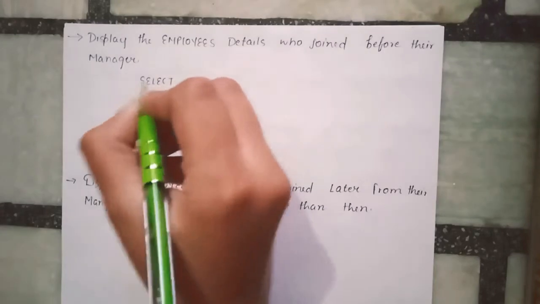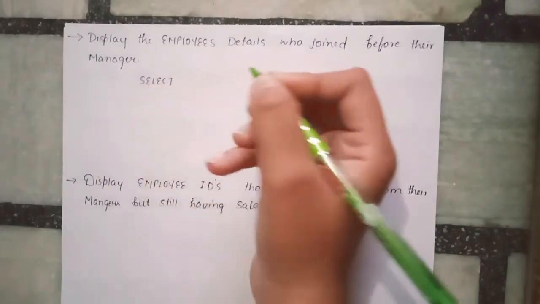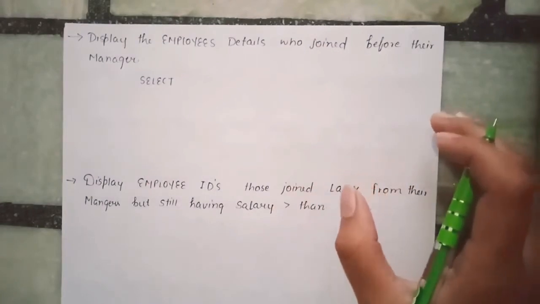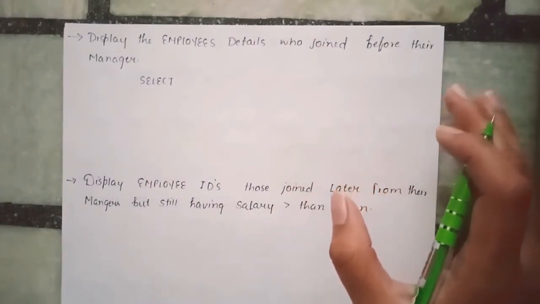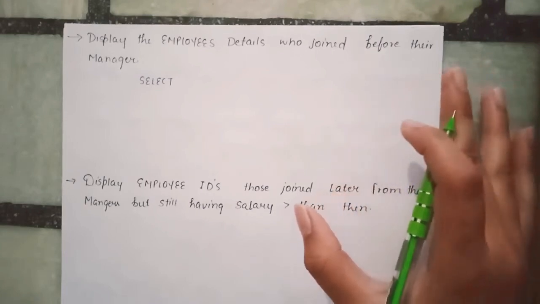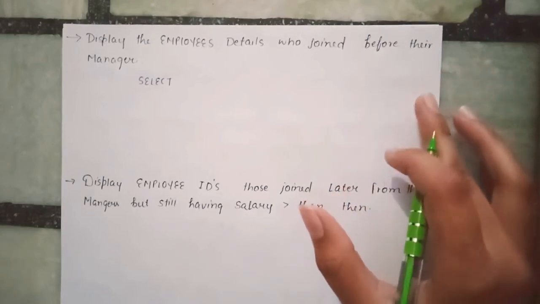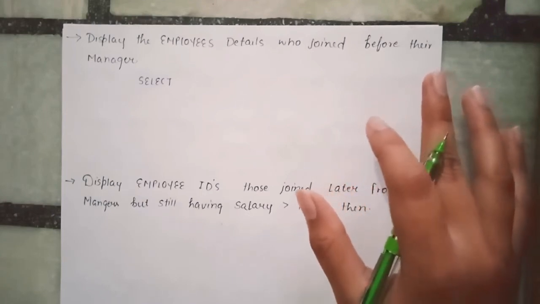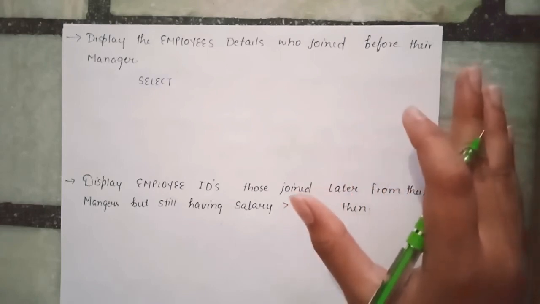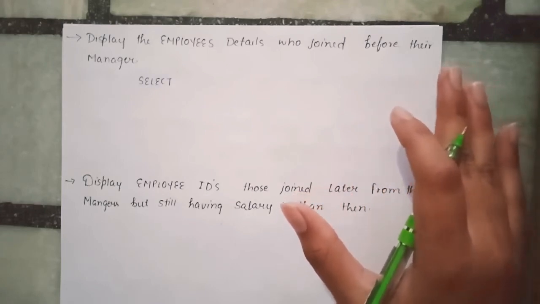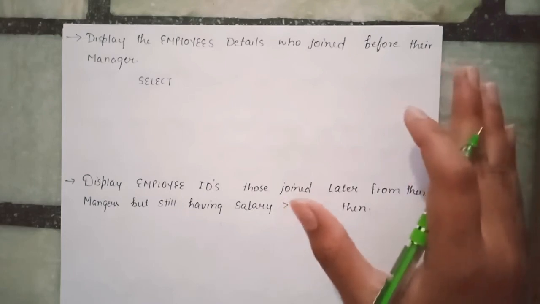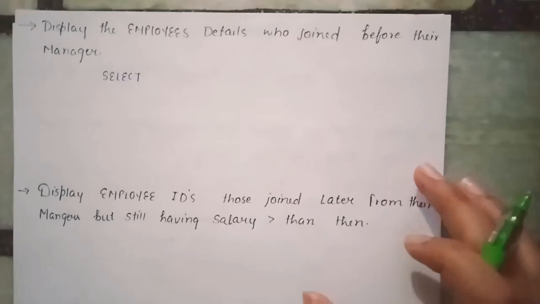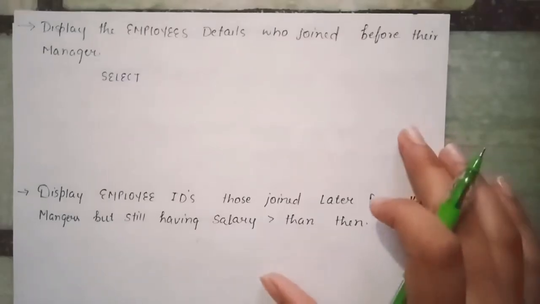Select. Okay, here again we will make two objects. The reason for making two objects is that the table employee is showing information about two things, that is employees and managers. So this is the reason that we are going to make objects of two things, two objects. In case a table is showing data about three things, then we will make three objects of the same table. So that's why we are making only two objects of this employee table. Okay, now let's see how we write this query.